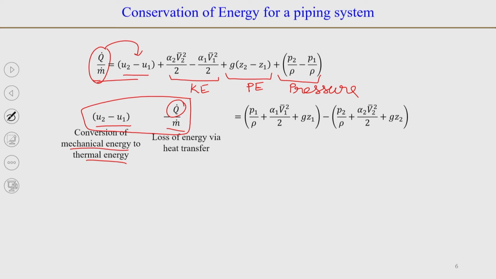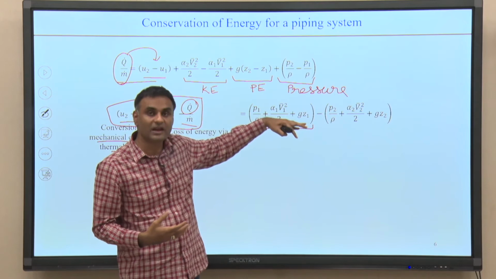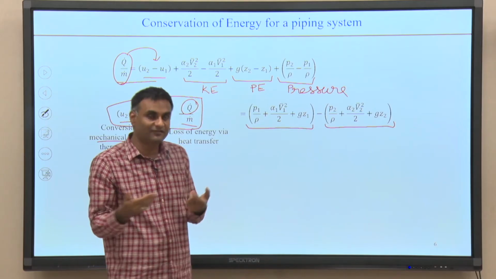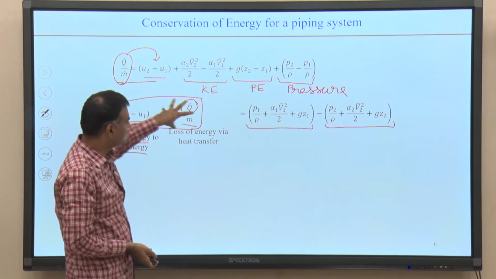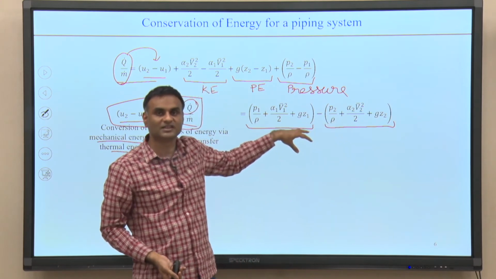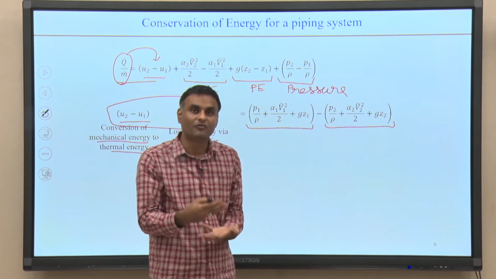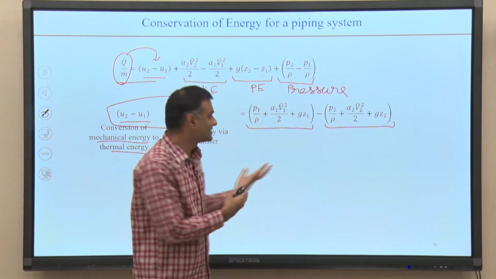And what is this? This is the mechanical energy we consider, P by rho plus alpha V1 bar squared by 2 plus g z1. So, that is the mechanical energy at location 1 at the entrance, and that is the mechanical energy at location 2 at the exit. If we had said that it is an ideal fluid, an inviscid fluid, then this term would have become 0 because the losses are negligible, and this would be equal to 0. So, you will say that this is the Bernoulli equation. Now, this is the Bernoulli equation, but taking into account the frictional losses.